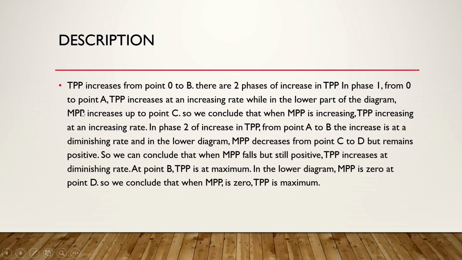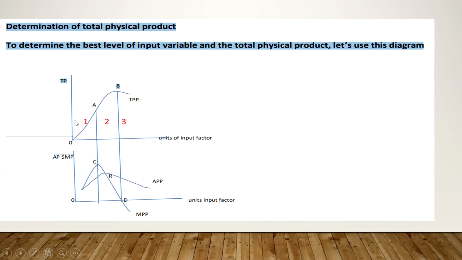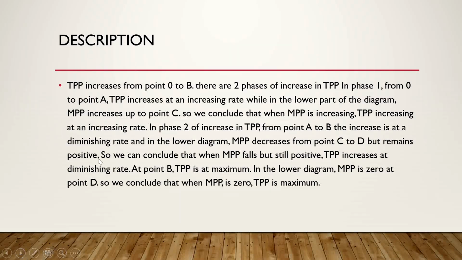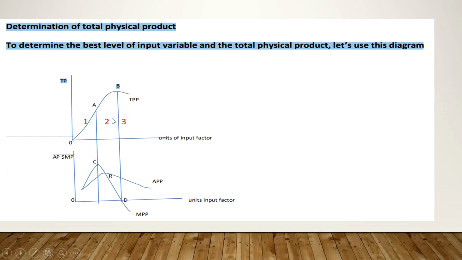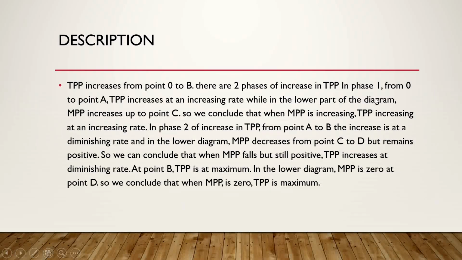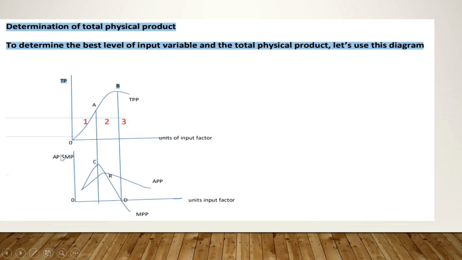So we are saying total product increases from point 0 to B. From 0 to B, total product increases, and there are two phases of increase, phase 1 and phase 2. Total physical product in phase 1, from 0 to point A,